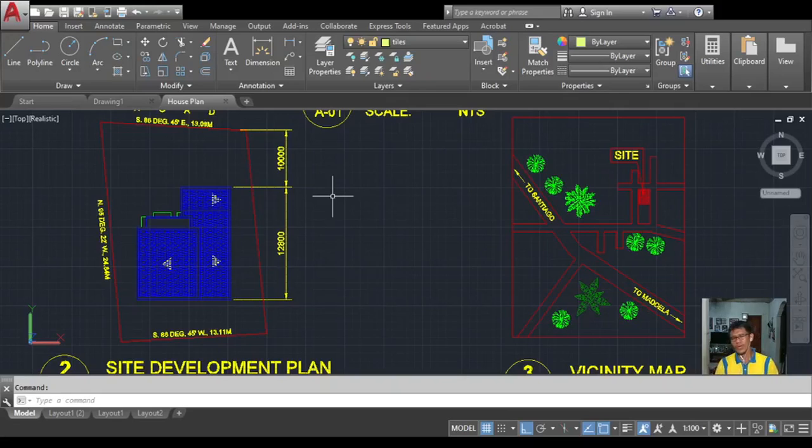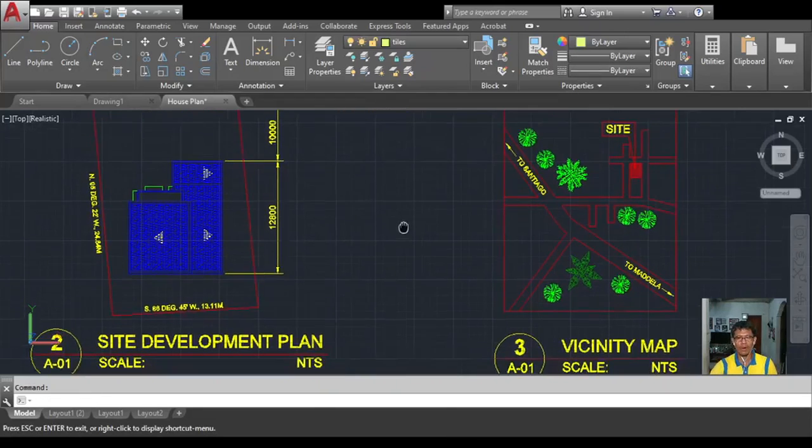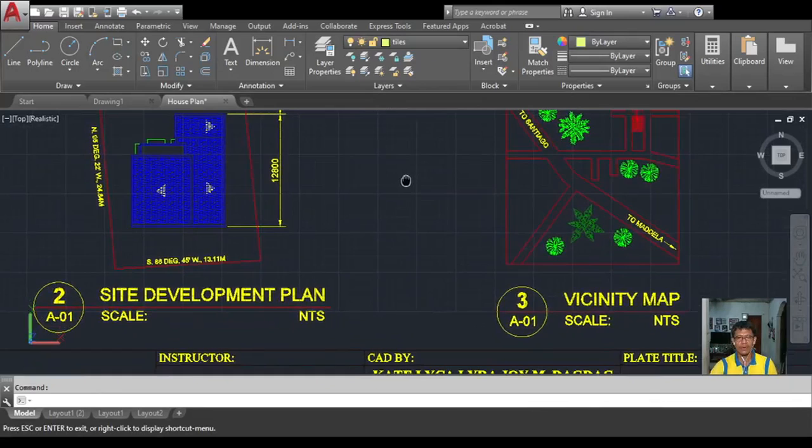So CAD software is used to increase the productivity, to improve the quality of design, and to create a database for manufacturing. So we have here now an example of a drawing